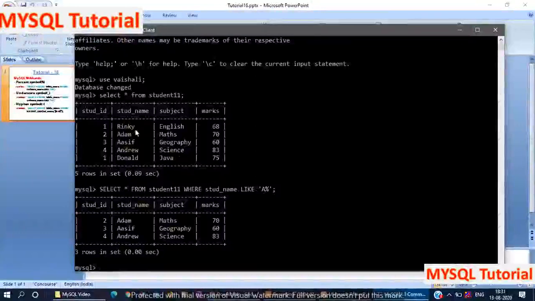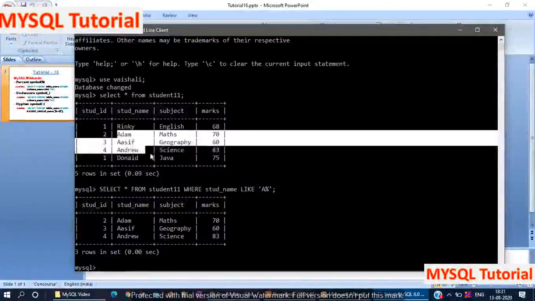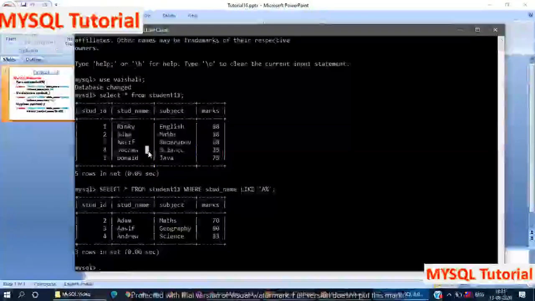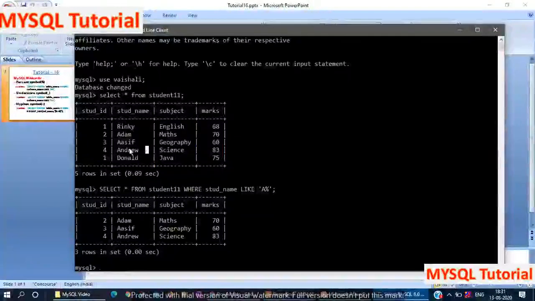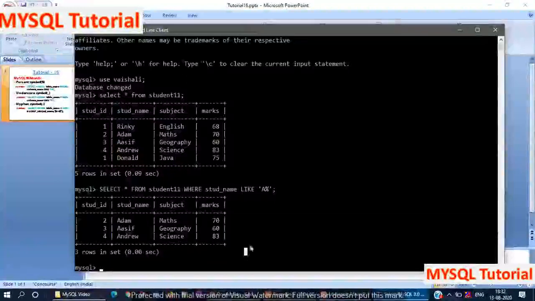In this table you can see there are a total of 3 records. In those 3 records the student name starts with A, that's why this query selects these three records and we got this output.